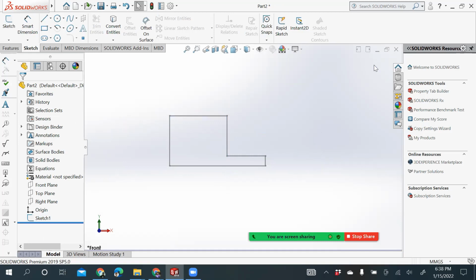Now this was a very simple example of sketching which was using just horizontal and vertical lines. We can also start our practice with some lines which are slanted and not horizontal or vertical. We'll be covering a couple more sketches in our coming videos.